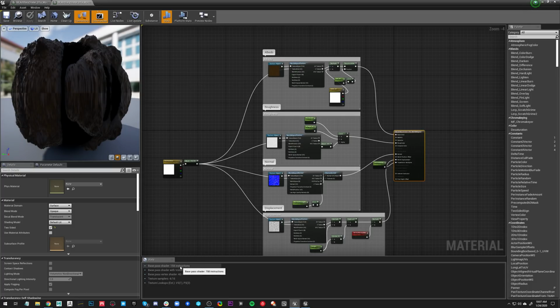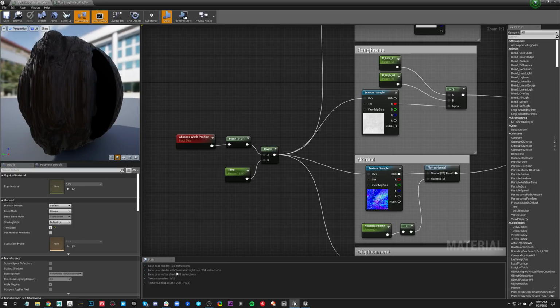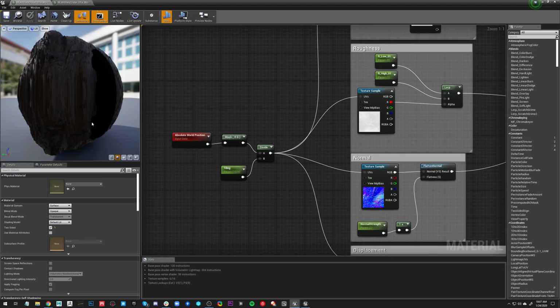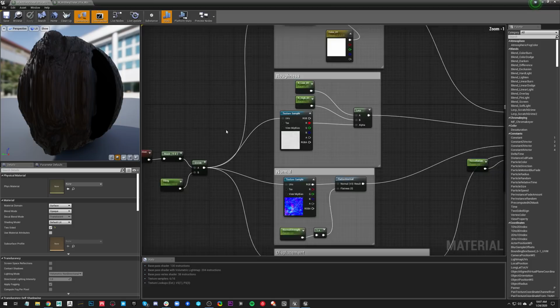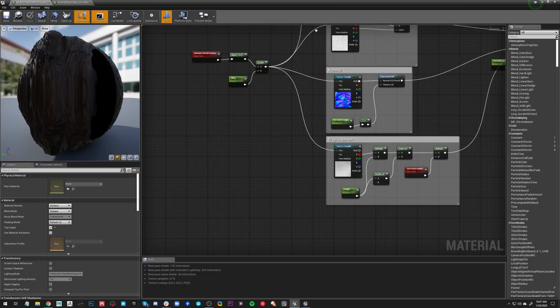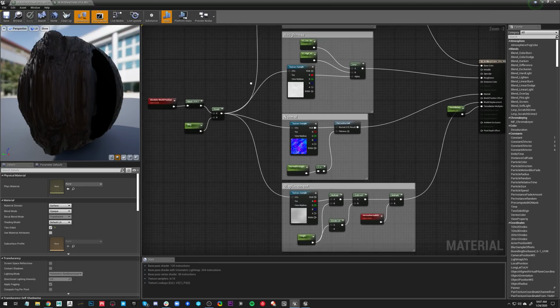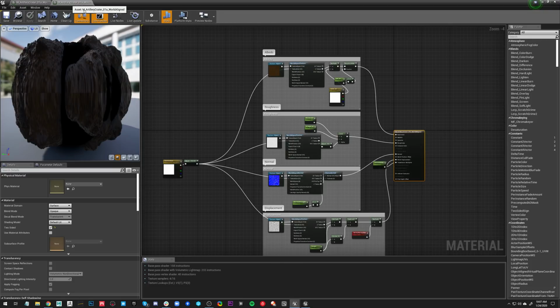We're looking at 158 instructions here and 130 instructions here. So it's quite a bit cheaper to do this instead. Unfortunately, this doesn't have quite as many of the nice features that this node has, but if you want to do it cheaply, that's a good option.